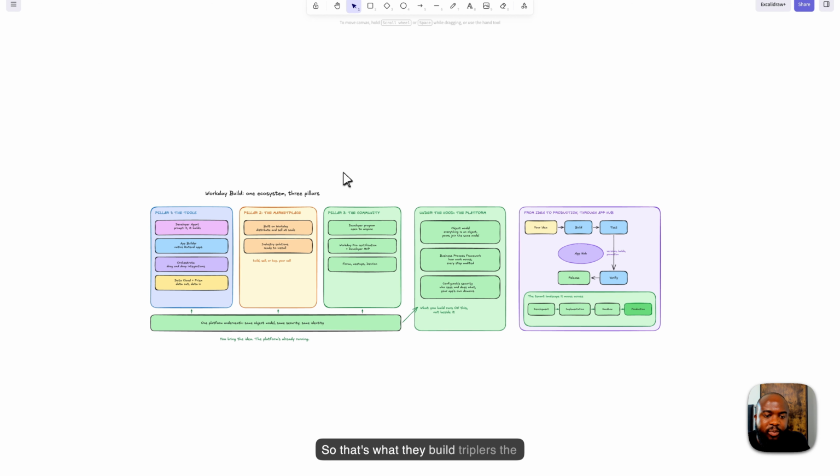So that's Workday Build. Three pillars: the agents, tools, apps, orchestrations, and data, all running on the same object model. Now you know what's underneath. Also, the marketplace where you distribute what you build or grab what you need, and the community that wants to see you grow. To go deeper, join us at